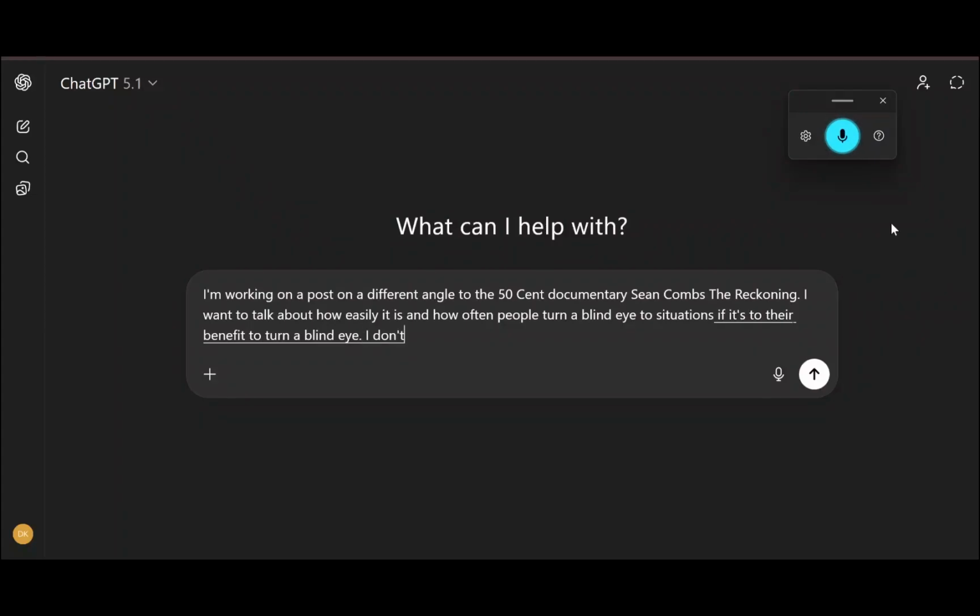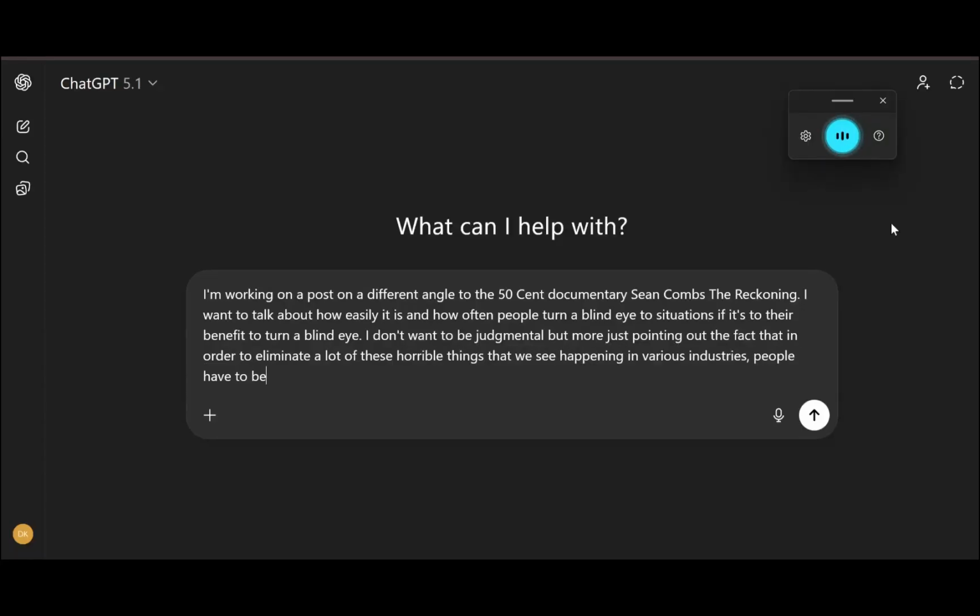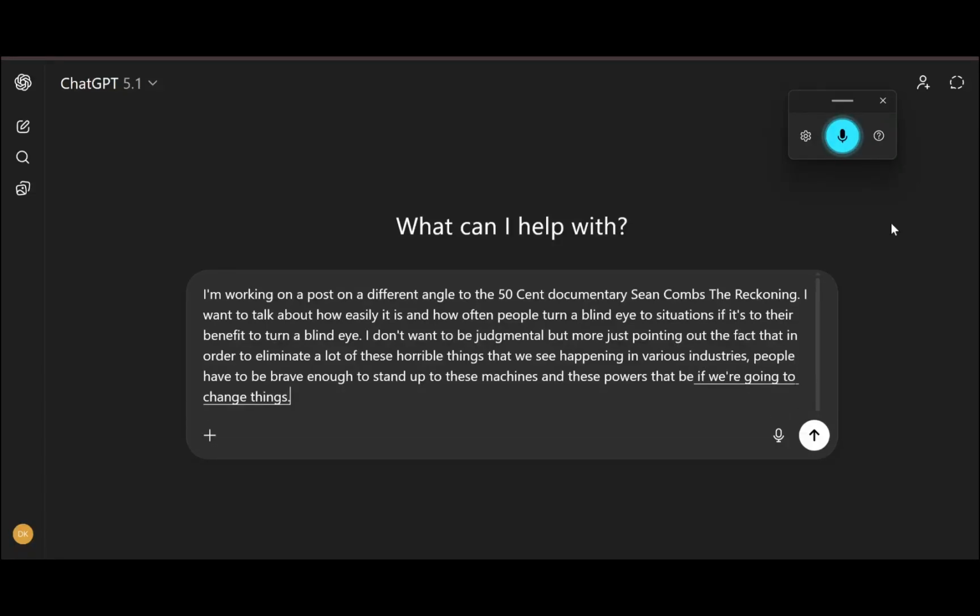I don't want to be judgmental, but more just pointing out the fact that in order to eliminate a lot of these horrible things that we see happening in various industries, people have to be brave enough to stand up to these machines and these powers that be if we're going to change things.